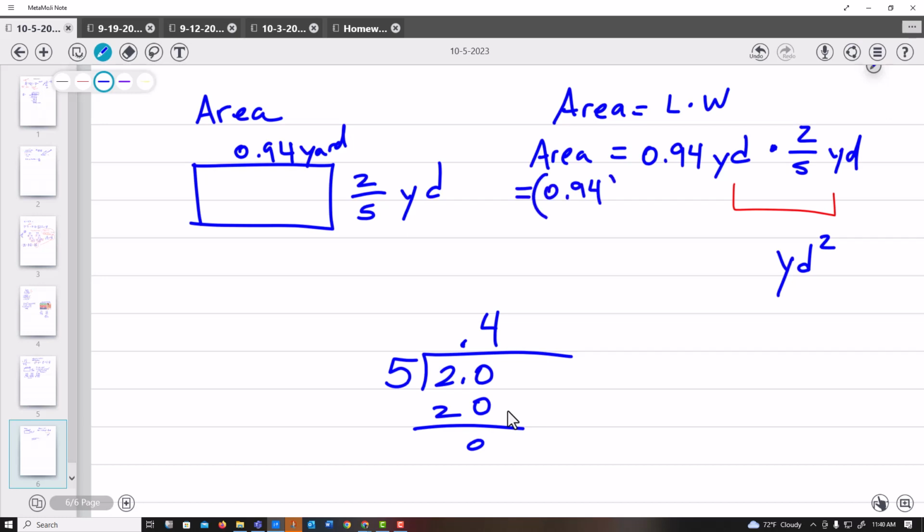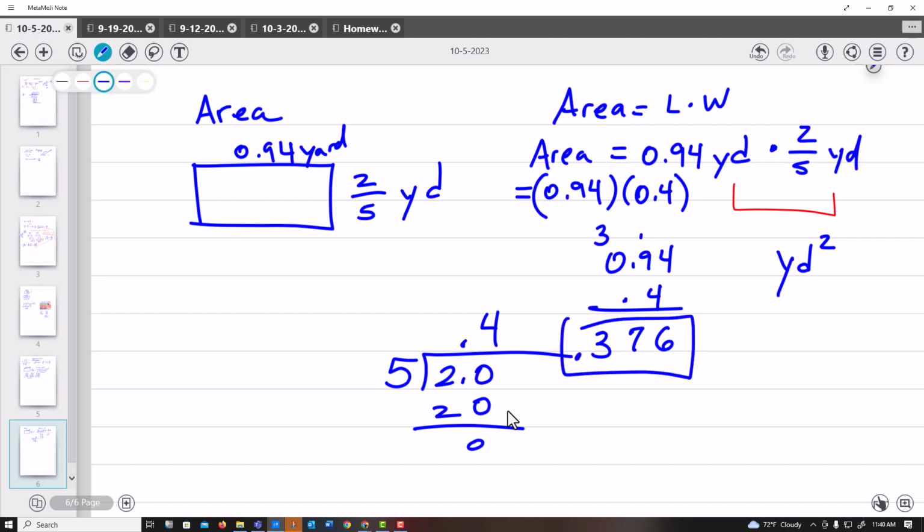0.94 times. Remember that you can write multiplication like that. We don't tend to put the x's here, because when you get into algebra, you're like, I don't know if that's an x or a multiplication or what. So 0.94 times 0.4: 4 times 4 is 16, carry 1, 36, 37, and that goes 0. The 4 times 0 is 0, but I have my 3 here. How many decimal places? 2, 3, 1, 2, 1, 2, 3. And that would be my final